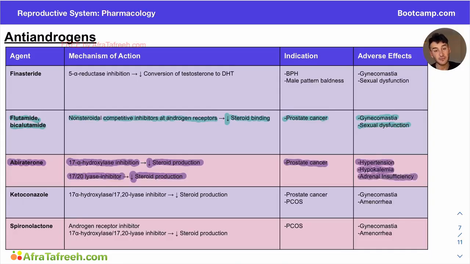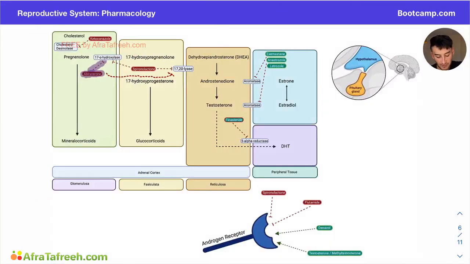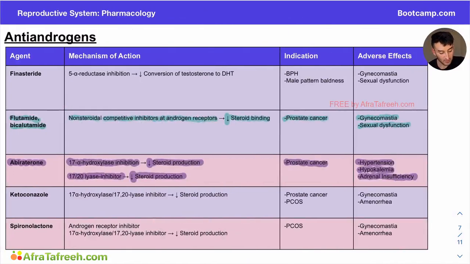And let's take a look at why this is the case. If we come back over here to our master diagram, if we're inhibiting 17-alpha hydroxylase and 17-20 lyase, we are essentially shunting everything down here towards mineralocorticoids. So we're getting a lot more aldosterone, which is going to increase blood pressure. It's going to lower our potassium. And then by inhibiting our 17-alpha hydroxylase here, we're going to have less progression down here towards glucocorticoids, which can cause adrenal insufficiency. And so that's kind of an explanation of why these side effects occur when we're using this drug. Let's move on to our next drug now.